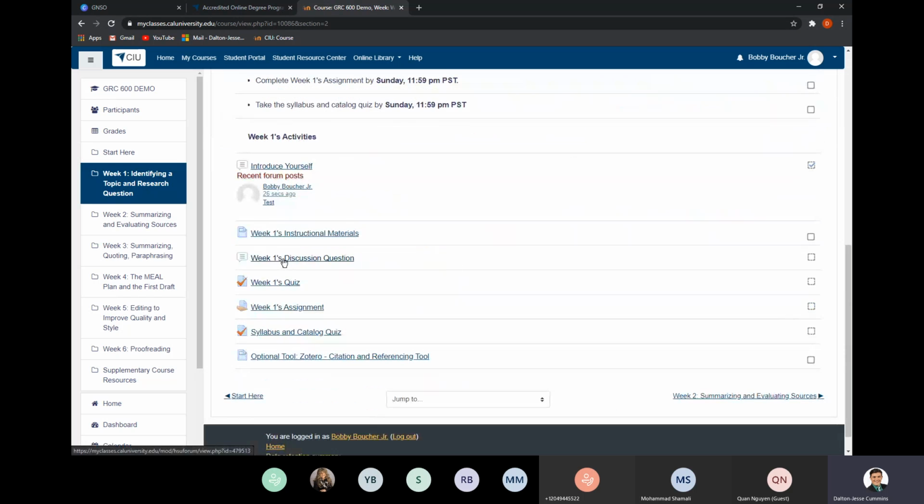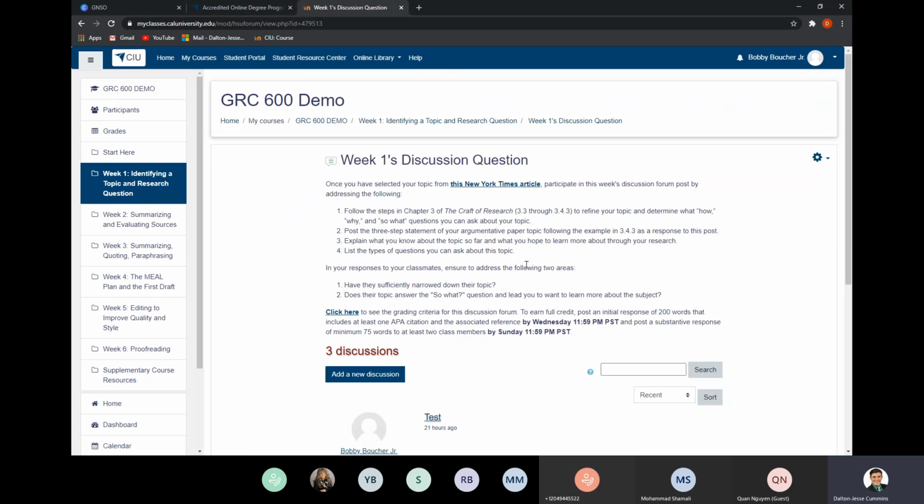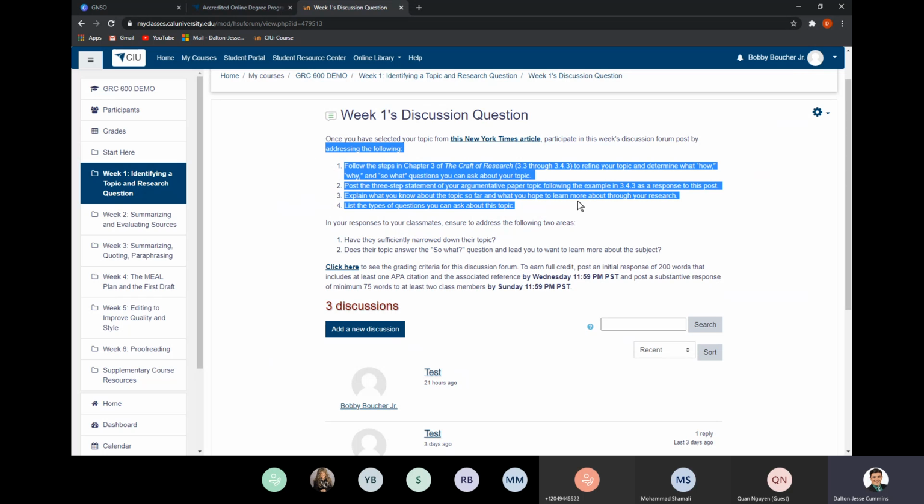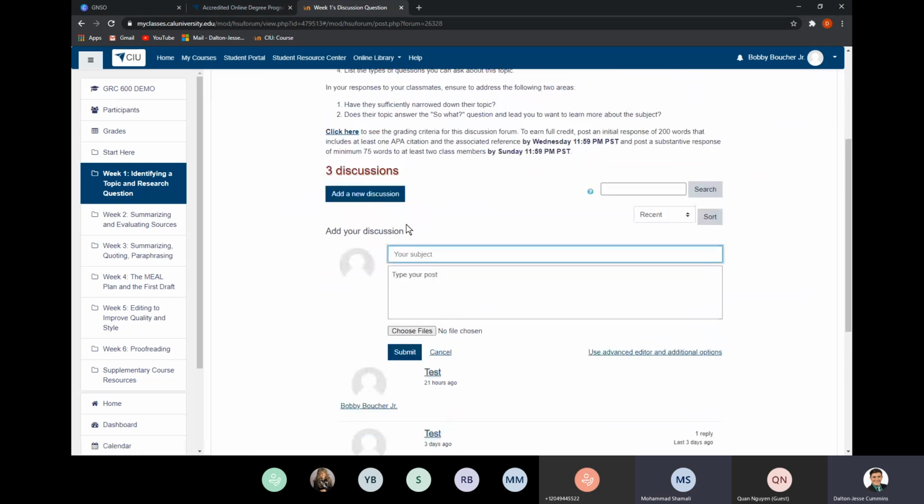So the discussion question is very similar in the layout. So you'll have your assignment and what you have to do, and then also it tells you a guide for posting and responding. So for discussion questions, your post is typically due by Wednesday. So you need to participate in the discussion addressing the following. There's like a chunk that you need to address. So you'll add your discussion,